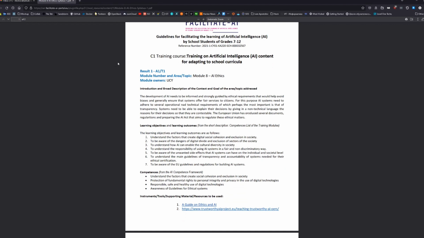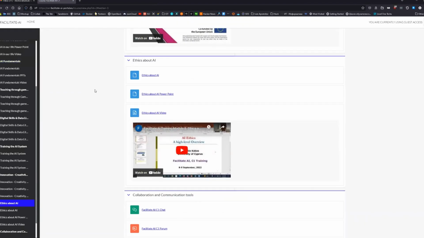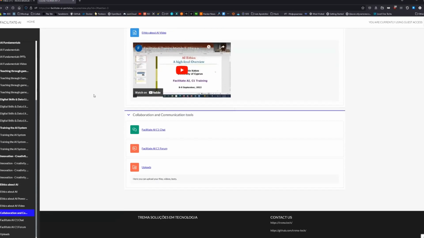And these guidelines present the EU guidelines and regulation for building AI systems, understand the factors that create digital social cohesion and exclusion in society, dangers of digital divide and exclusion of sectors of the society, and so on. Again, we have a video, and here we have the collaboration and communication tools.